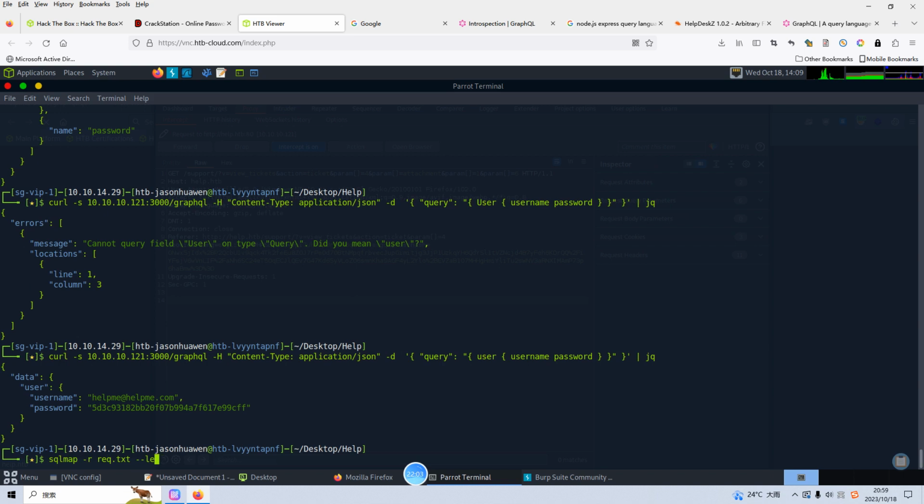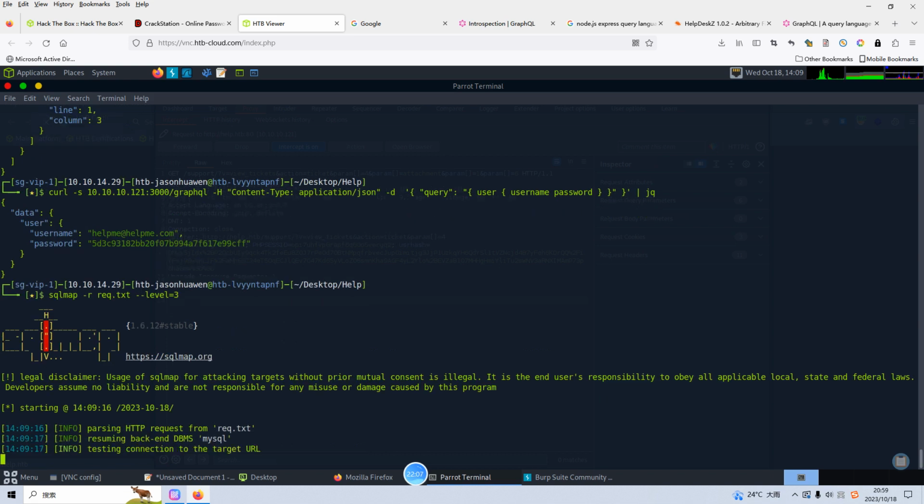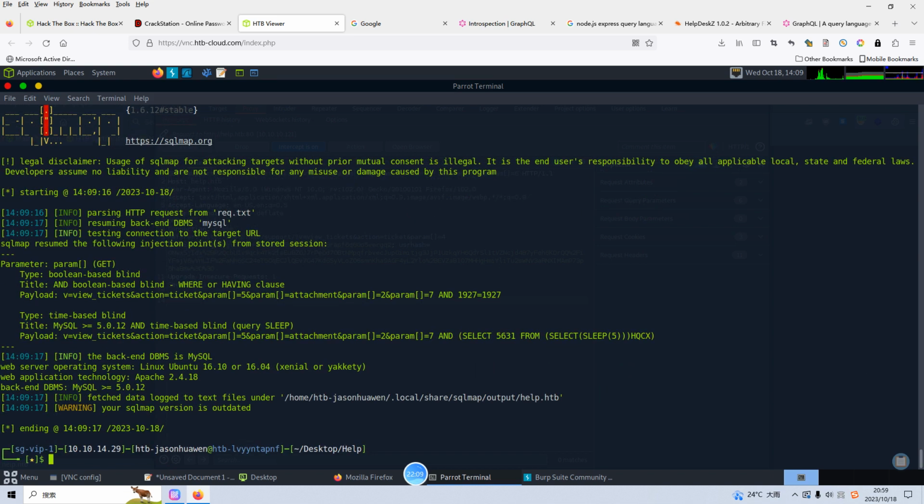And then we can use SQLmap with the level option. Let's press enter to see whether we can, because our local machine or Pwnbox has cache for SQLmap, so it will not go through the time-consuming process to test this vulnerability. Anyway, we can enumerate